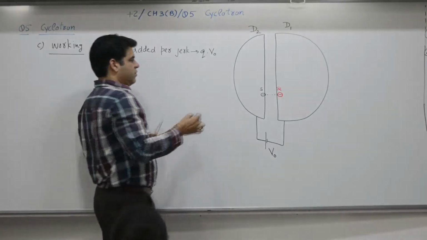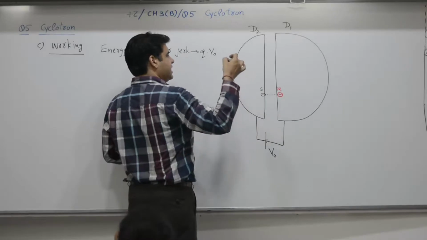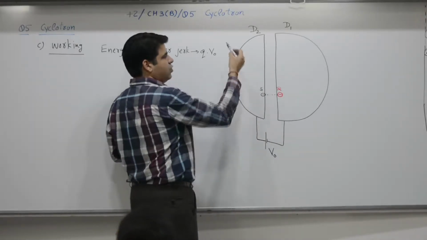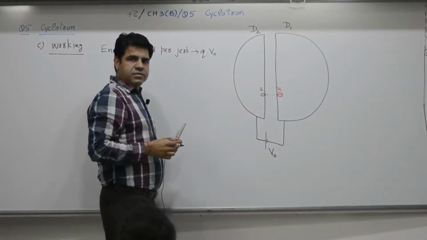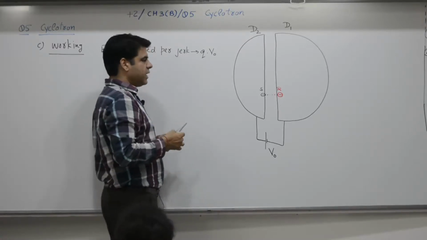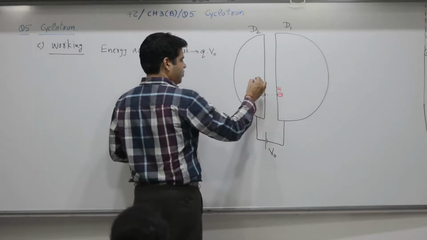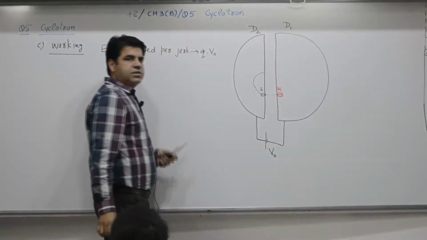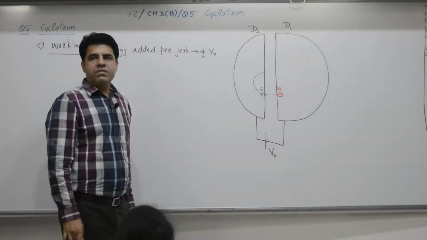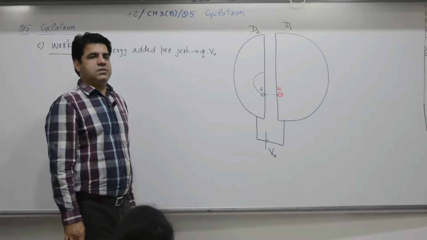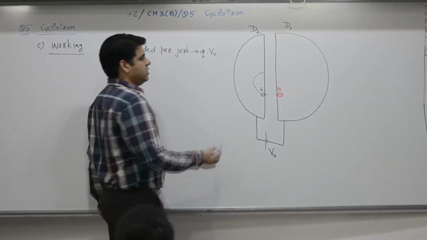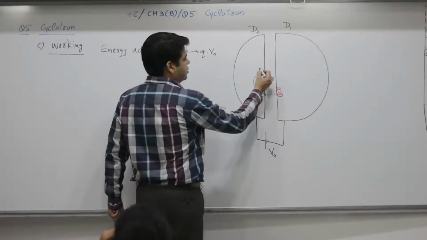Now, from this position, magnetic field is acting, say, perpendicular to the plane. If the magnetic field is perpendicular to the plane, that magnetic field causes this particle to move in a circle. So, during this part, we can switch off the electric field. So, it reaches to what? New position? J.